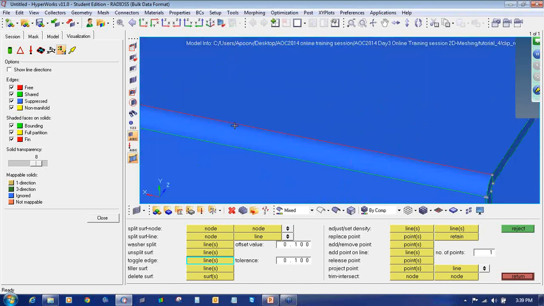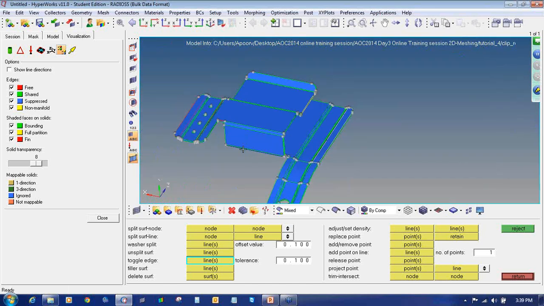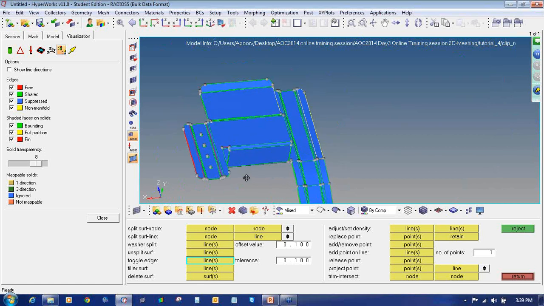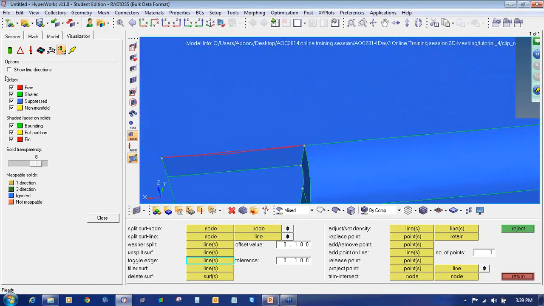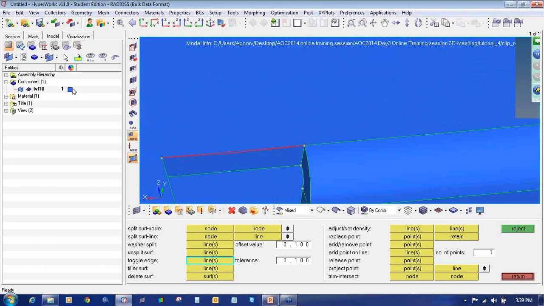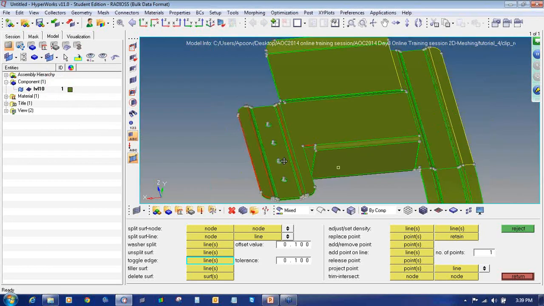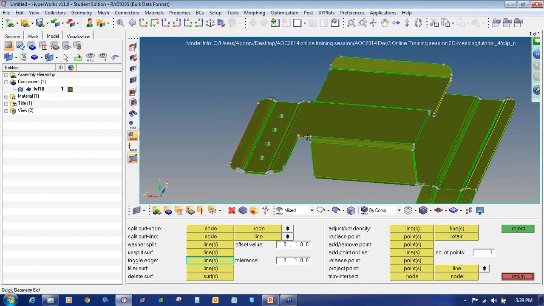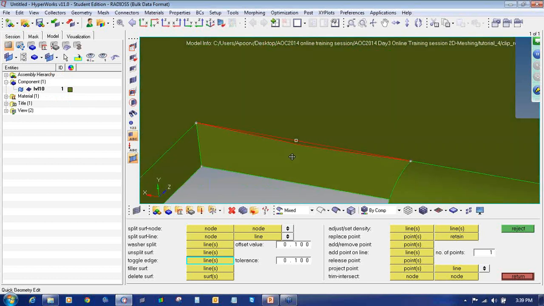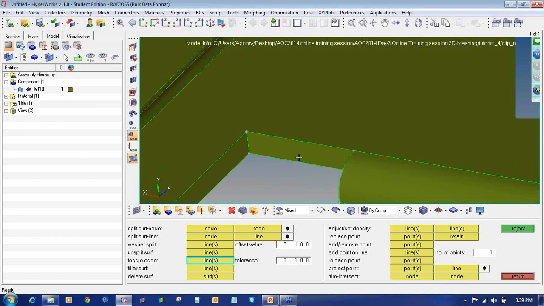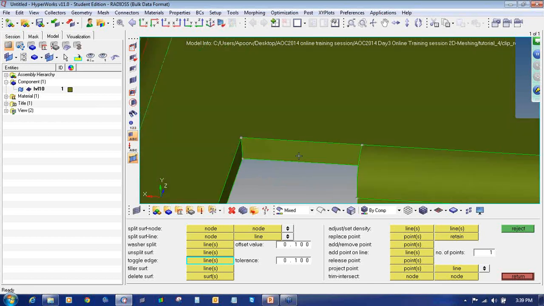Similarly here also we have to toggle it because it's not a gap, it's just the connectivity is not proper. I can also change the color of the component so these lines will be more visible, so you can see. Now this is a bigger gap here, so if I click here, you can see it will stitch this.